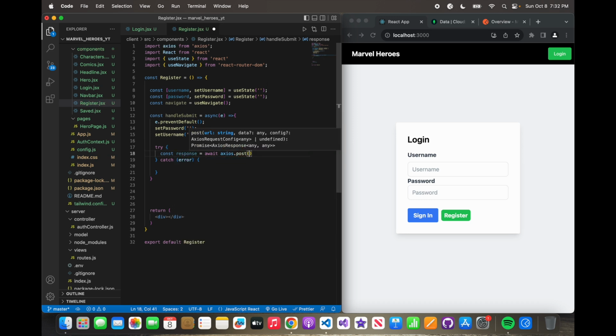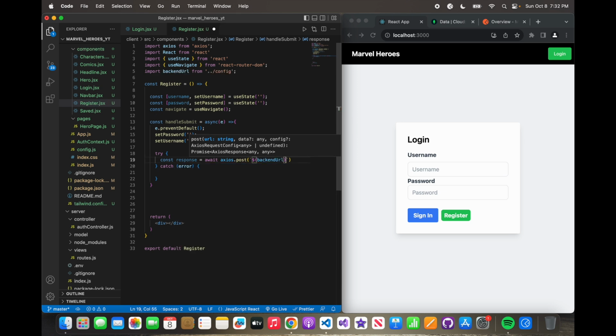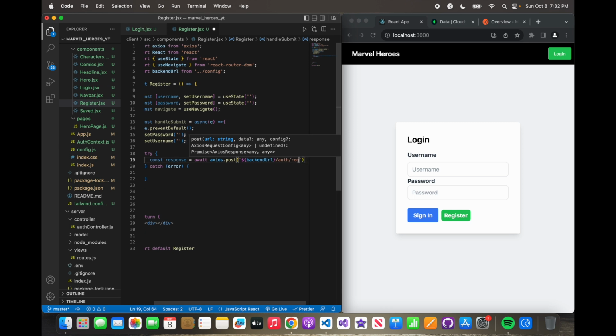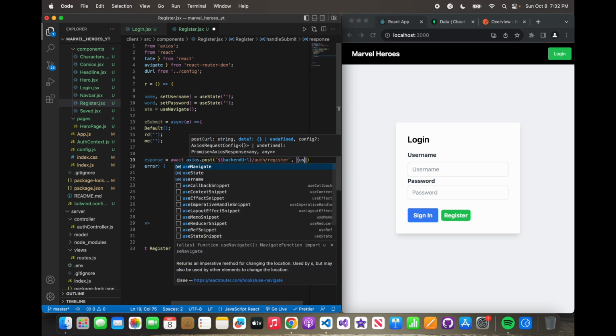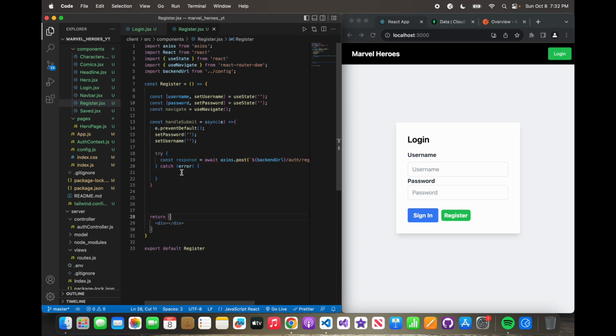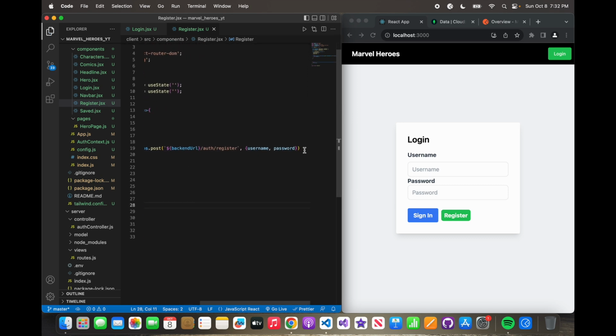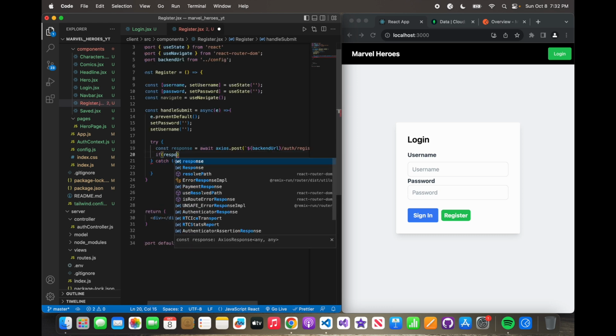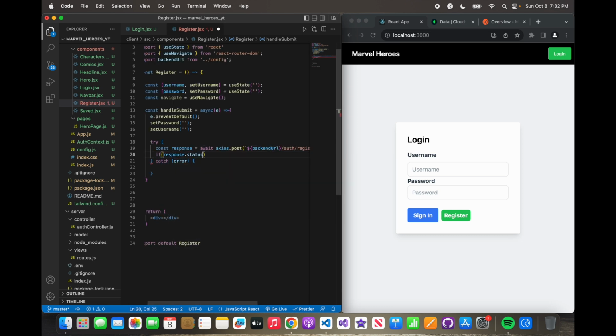const response is equal to await axios.post. It's going to be a post method, and remember we're going to be using that same back end URL /auth/register. And here also we're going to be passing in the username and the password. Cool. So here we're going to have that same logic and say if response.status is equal to 200, then we're going to alert